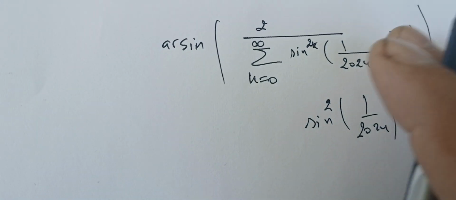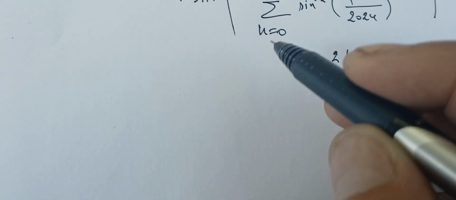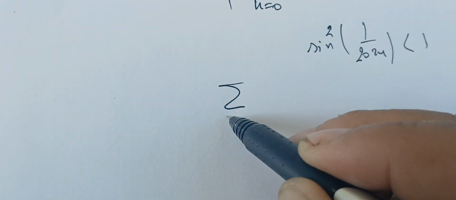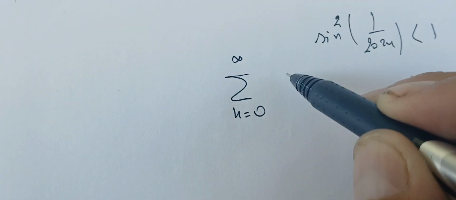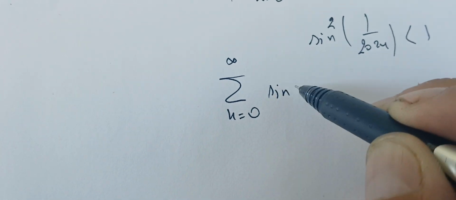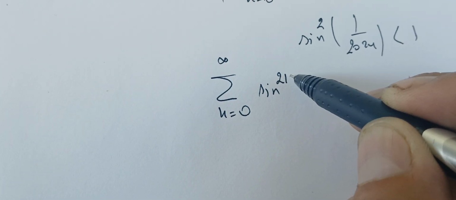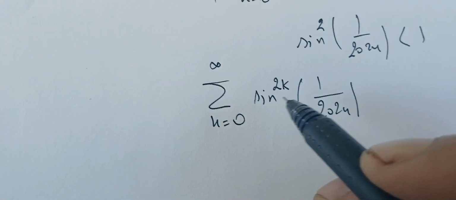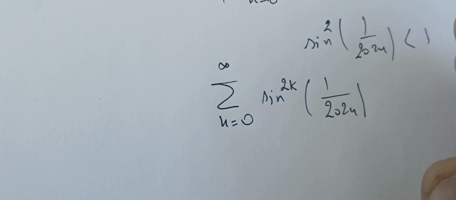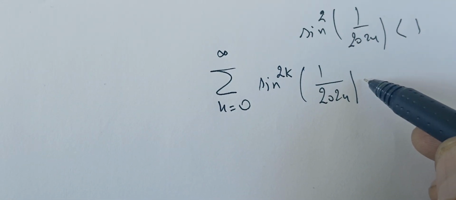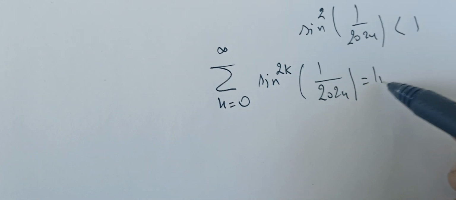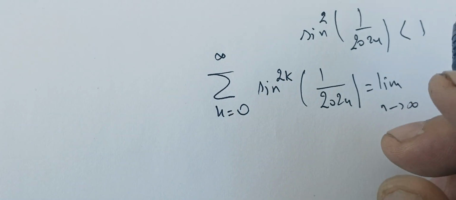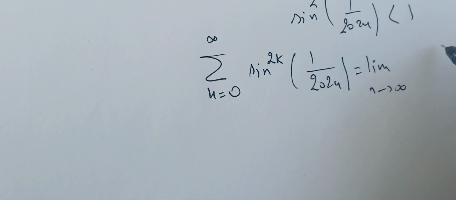Okay, so we know that the sum here is the sum of k going from 0 to infinity of sine to the 2k of 1 over 2024. We can write this one as the limit as n goes to infinity of the partial sum, but we know the partial sum is